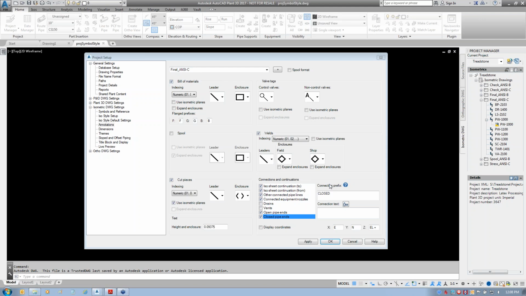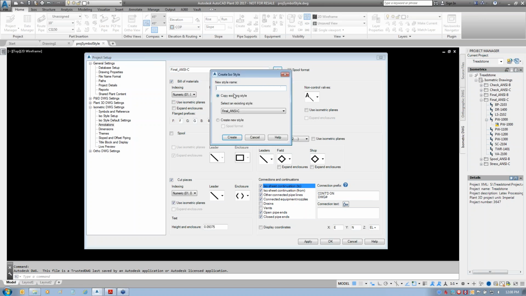Now my title block happens to be a B-size title block, but it doesn't matter whether I start with a B-size or C-size style to use. I'm going to use the C style because that's the one I set up all those things on, and I want them to carry over to my new style. So I'm going to hit the little, any one of these that you want to be on, change it to Final NCC, hit this plus here,